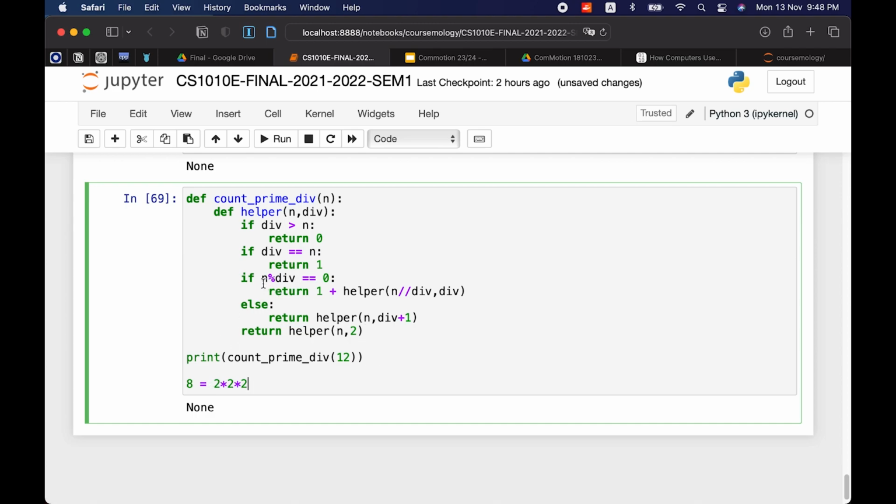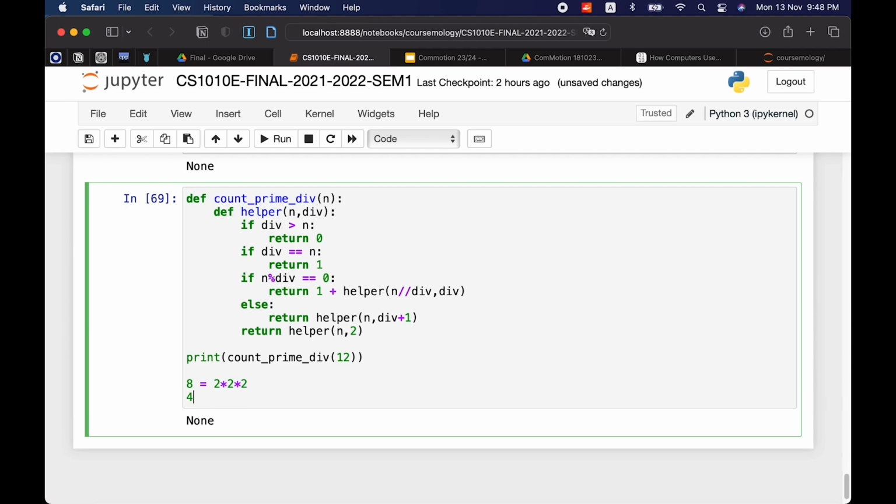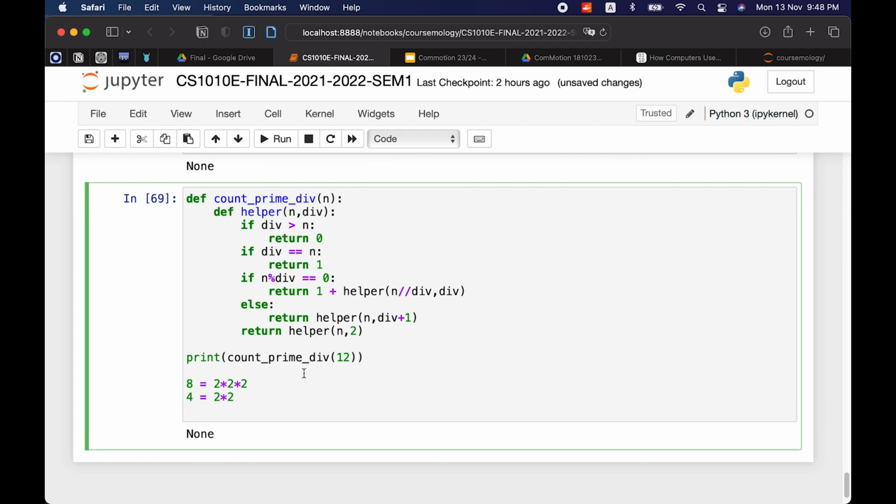And then when we get 8 divisible by 2, it will be 4. Then we pass 8 divided by 2 for the next iteration with the same divisor. So 4 turns out to be also divisible by 2. And then you go on. So that's it.